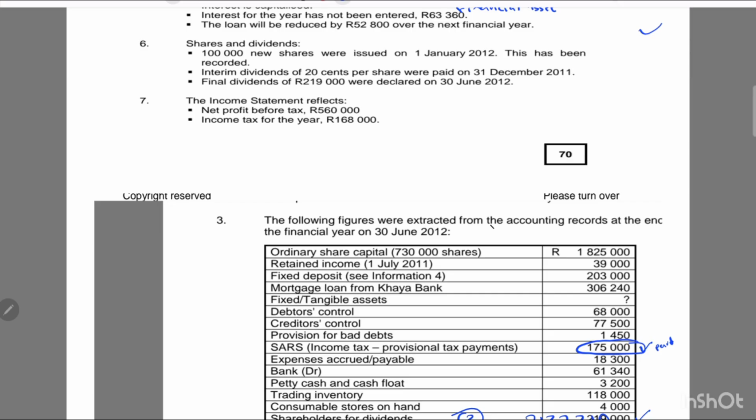Now after assessment, let's go and compare. Every time you come to this one, you must compare with the income tax on the adjustments. When the trial balance is bigger than the one on the adjustment, trial balance higher, adjustment lower,